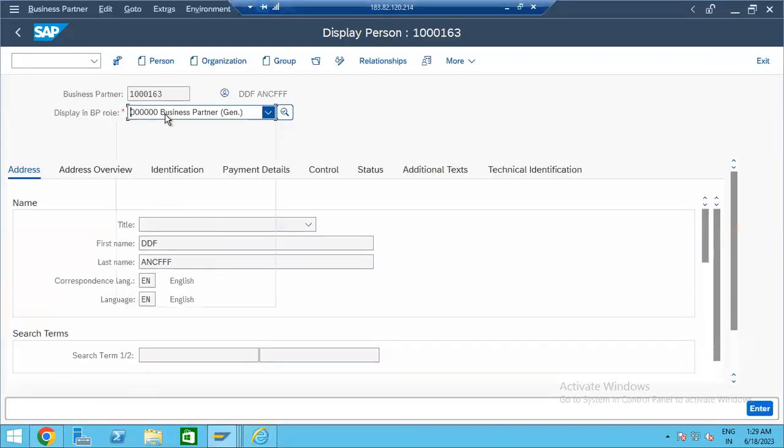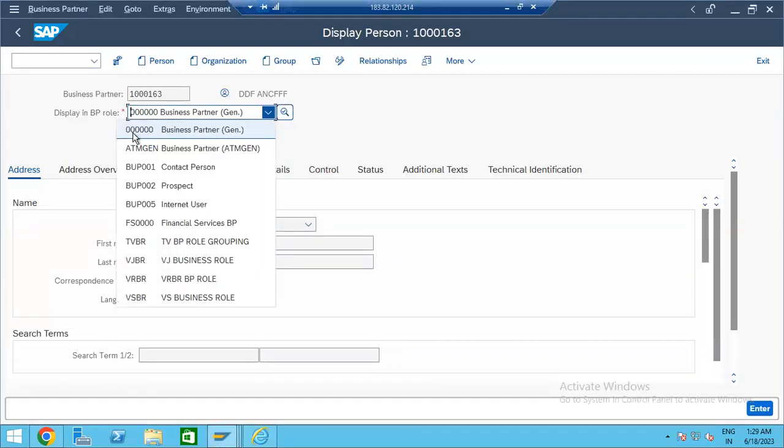make sure that you create it with 0000. That is the business partner role. The business partner role is like a different level, a different stage of the creation, like general data level creation, company code level creation, and purchasing level creation. So first you are creating the BP, and you are creating it with 0000 and entering